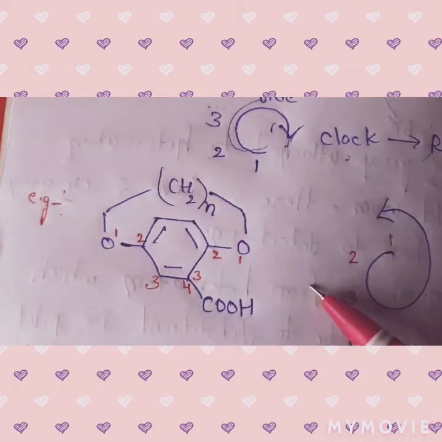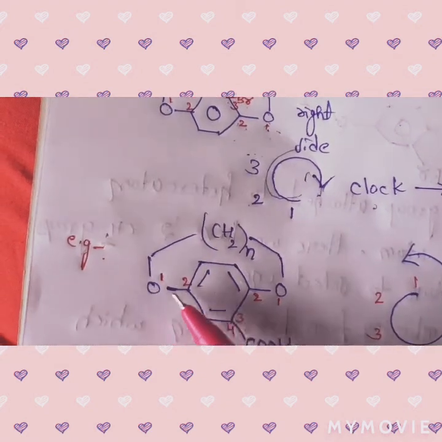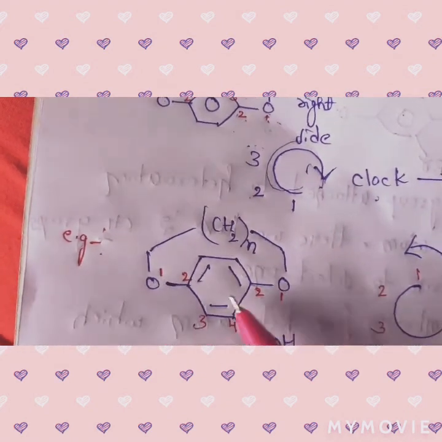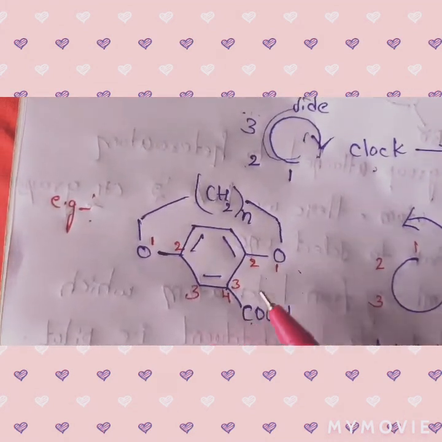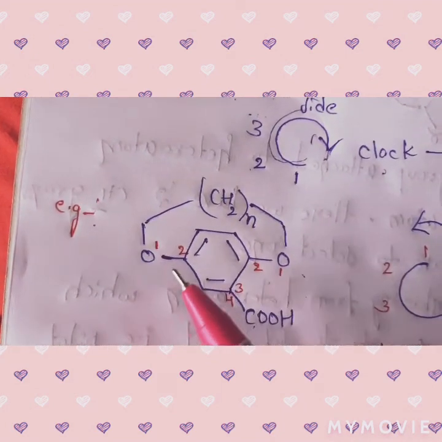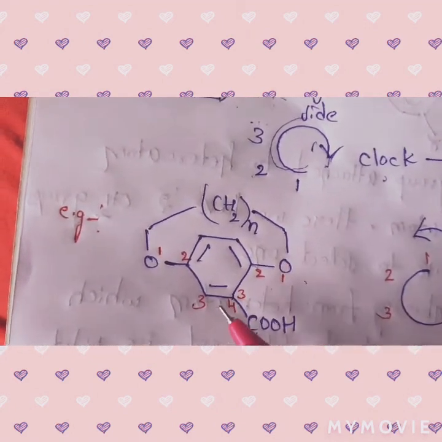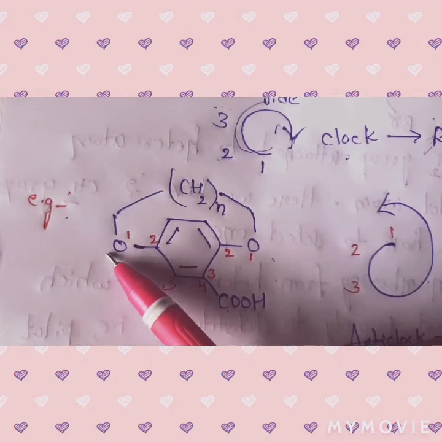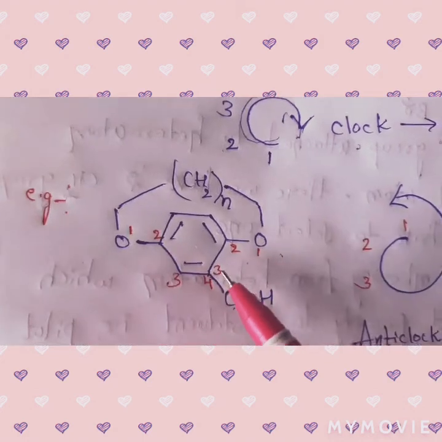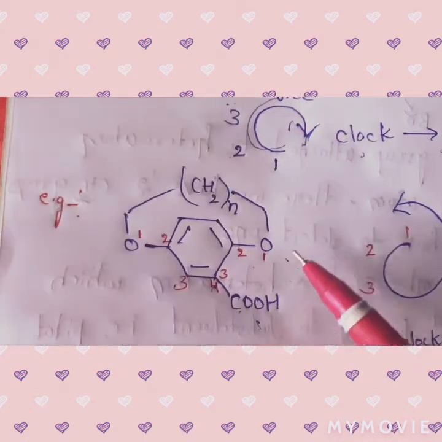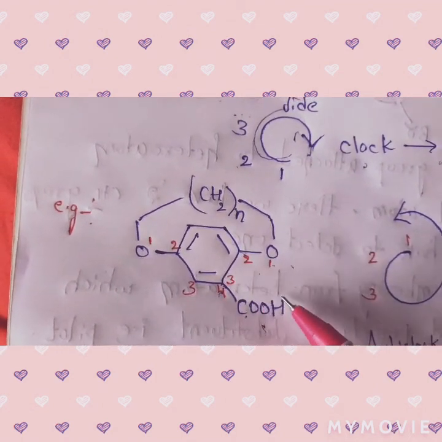Here also, this is an ANSA compound because this is a para-disubstituted benzene with a heteroatom, in turn attached to a hydrocarbon chain. Let us start numbering from the heteroatom. Remember this point: we should start numbering from the heteroatom, not from the pilot atom. Now we are starting numbering 1, 2, 3, 4. From the left side, the fourth carbon has the substituent. From the right side, 1, 2, 3, the third carbon has the substituent.